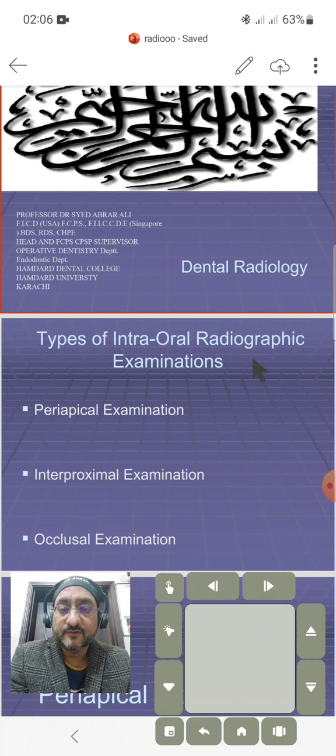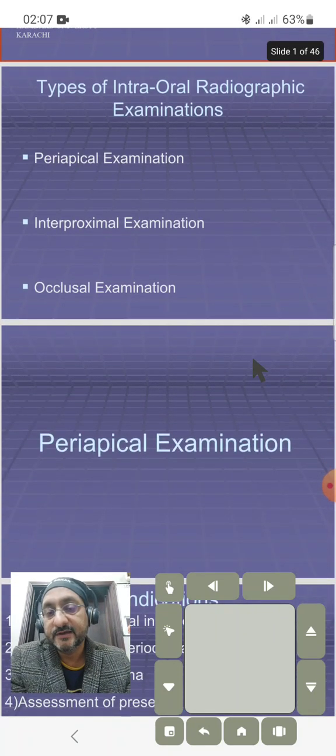We'll talk about dental radiology today. We have different types of intraoral radiographs, like periapical, interproximal, or occlusal radiographs as well. For interproximal, we take a bitewing radiograph. For periapical, we take a periapical radiograph, and sometimes you need an occlusal